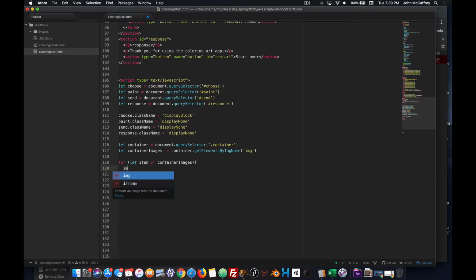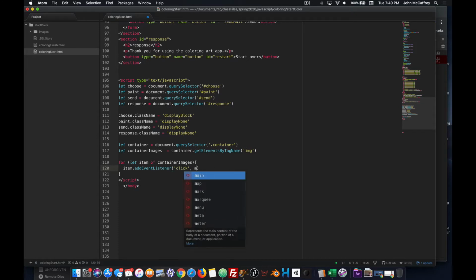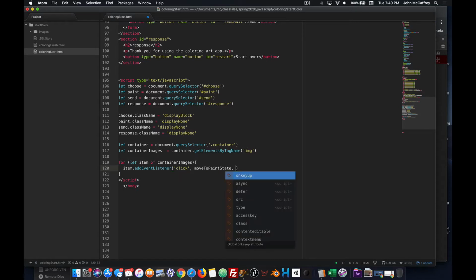I'm going to say item add event listener, click, and then the function I'll make is called moveToPaintState, and then we don't want it to bubble, so we'll say false. To show us that this is working without having to click on each of these, I'm going to say